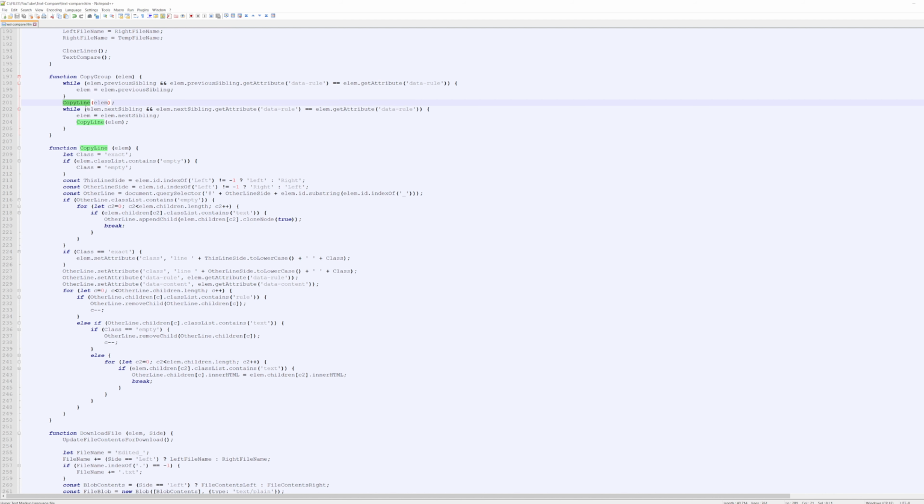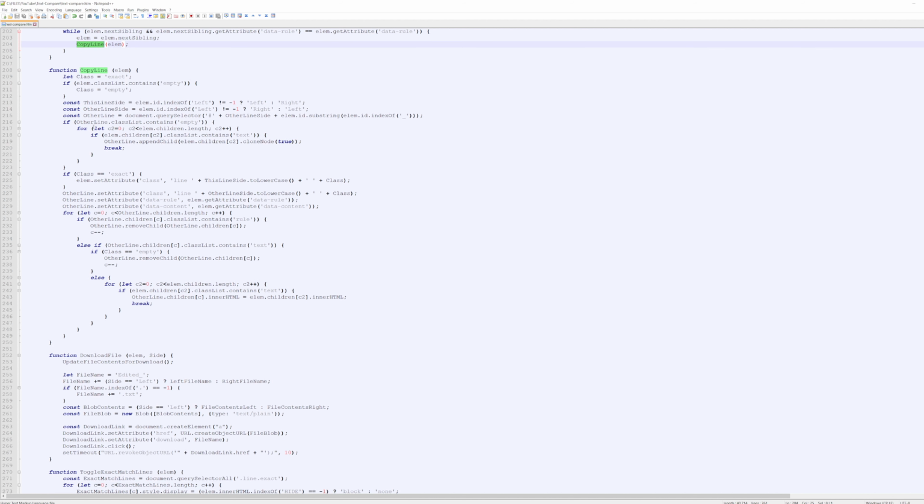And then we're going to call copy line on the first element in the contiguous group. And then we're going to go forward, looking at every adjacent sibling that is in the same group. And then we're going to advance that pointer and call copy line on it. So pretty straightforward. Now the actual copy line function is a little bit more complicated